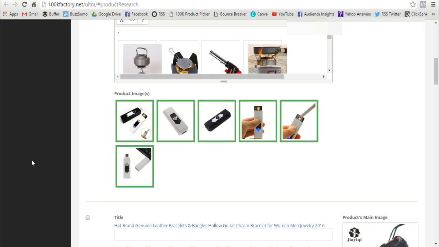Right, so here's how I review and edit the product. Go to the product images and check for brand names. As much as possible, I want my products to be brandless. Now, if the product has a brand name or a logo, you can remove this simply by cropping. However, there are instances that you will encounter brand names